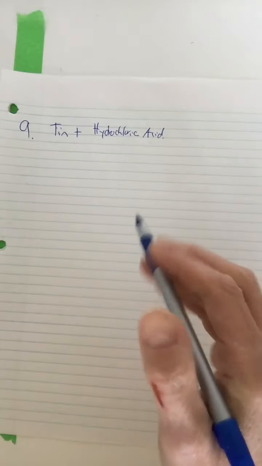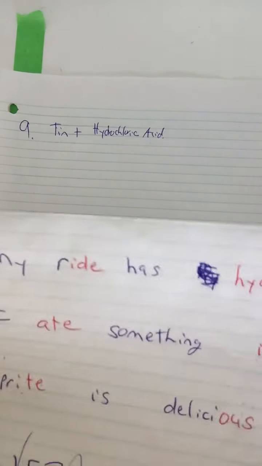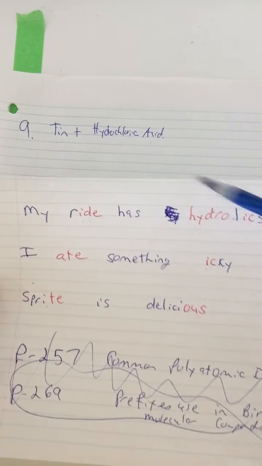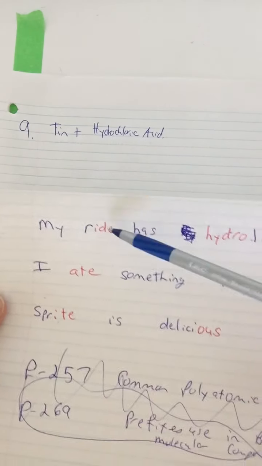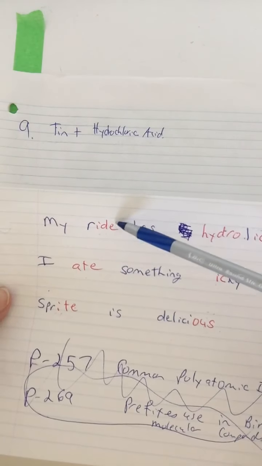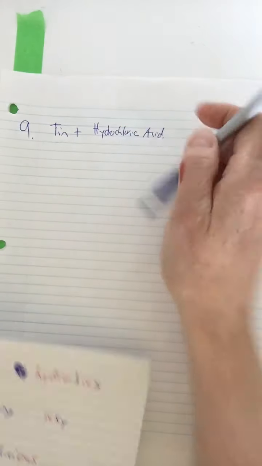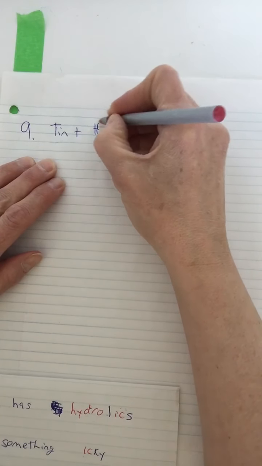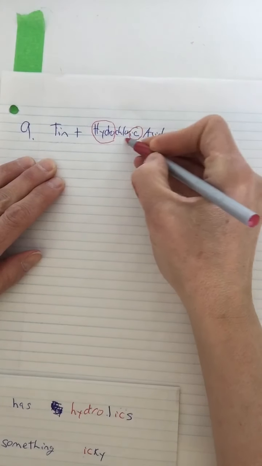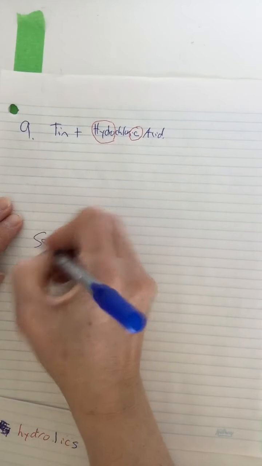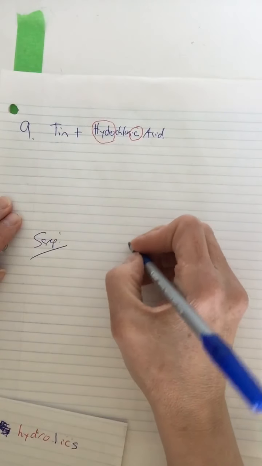Do we know what to do? Go back to our little cheat sheet on our acids, hydro and ic. That meant it was an IDE to start, because my ride has hydraulics. So hydro-ic was an IDE. So hydro and ic, there's the root right there, chlor, and it was an IDE. So hydrochloric, let's do some scrap work down here. Hydrochloric was chlor